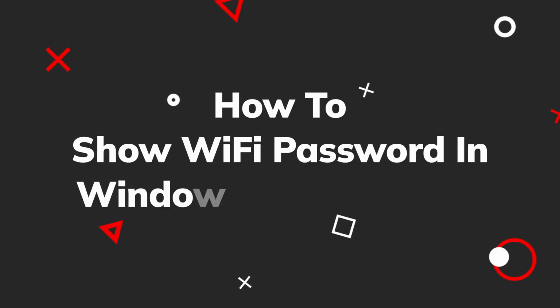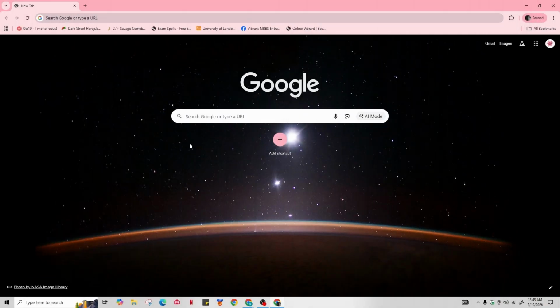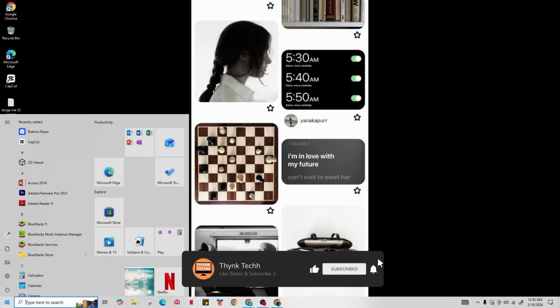Here is how to find your Wi-Fi password on a Windows laptop or PC. This is helpful if you want to connect other devices to your Wi-Fi network but don't have easy access to your router. So first, go to the search bar at the bottom of your computer, whether you're using Windows 10